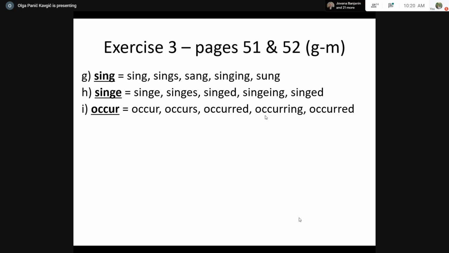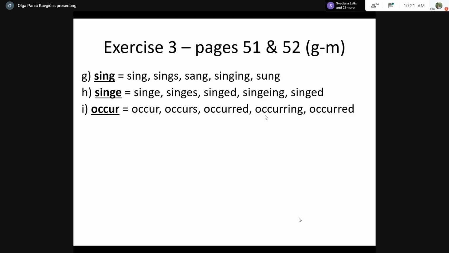So if these two criteria are met, that it is spelled with a single letter and that it is stressed, that the last one is the stressed syllable, then it means that you have to double the final consonant. We will have more examples of the kind, so you will memorize this rule. But for now on, just try to pronounce it always. So when you pronounce it, if the stress is on the last syllable, and if this last syllable contains one letter where the vowel should be, so in this case it's the letter U, then you have to double the final consonant.